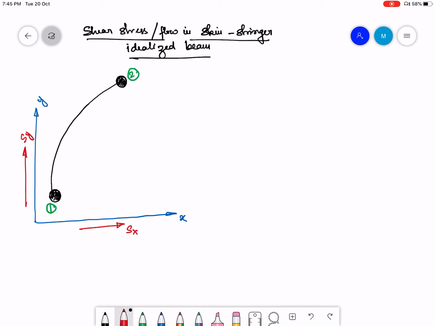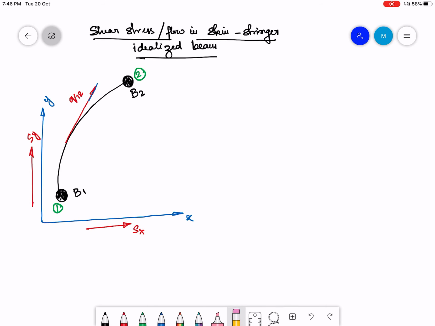The two black dots shown at points 1 and 2 are the booms. Let me call this boom 1 and this boom 2. Q12 is the shear flow at any arbitrary point on the portion between 1 and 2. Sorry, the coordinate in the tangential direction should not be ds; I should rather call it the s direction. Let me erase this. If I take a small portion ds here,